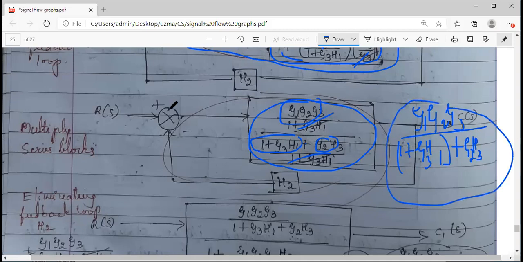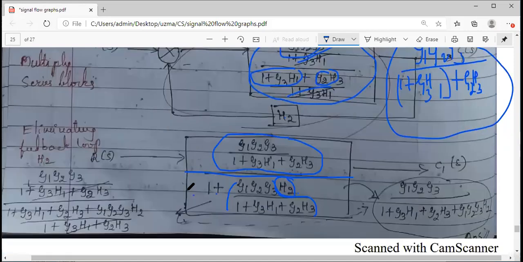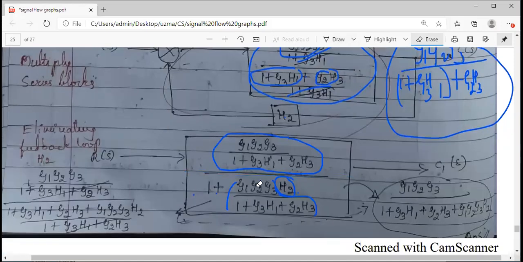Now further what you can do, there is one more last feedback. You have to eliminate this feedback. How will you do that? ये जो भी आपका forward gain है ये numerator में आएगा. Whatever simplified term, this comes in the numerator divided by 1 plus forward gain into the feedback gain. Feedback gain H2 है. So I have multiplied it. Further you can simplify this taking the LCM. I think here directly I have done it.